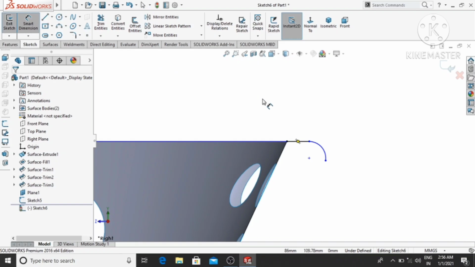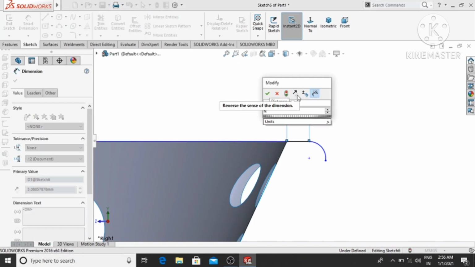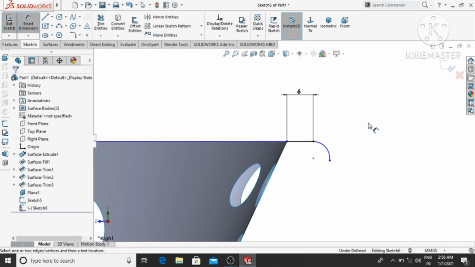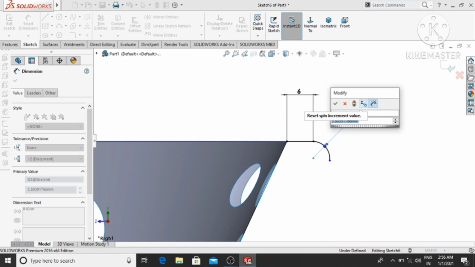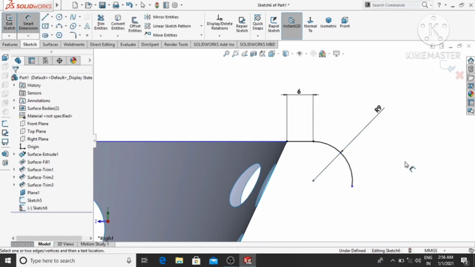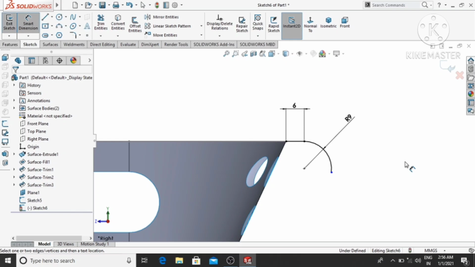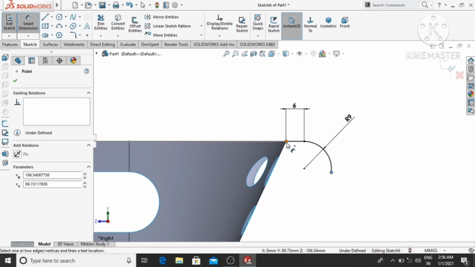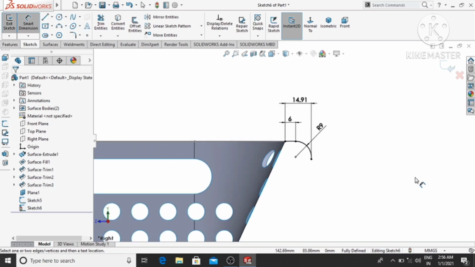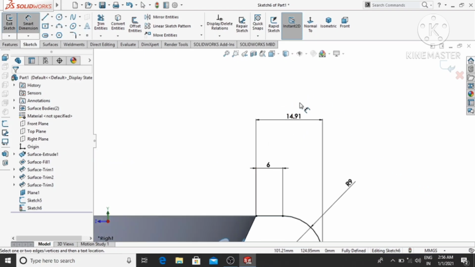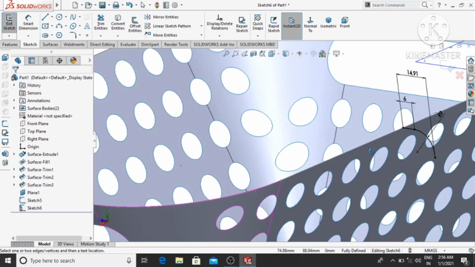Go to the smart dimension and this length will be 6 mm and this arc will be 9 radius. And from this point and this point, its distance will be 14.49.